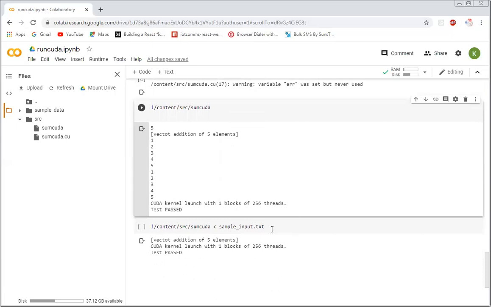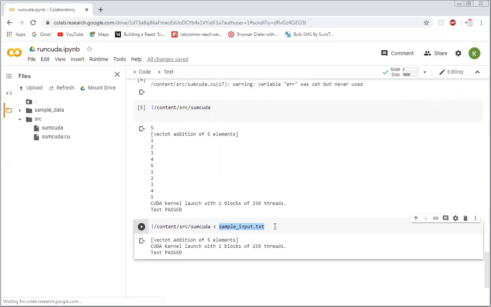I was showing you last time that you can use a file also. I created a file, sample input dot txt. If you want to store some values there, you can give it here. How can you do that? You just write these values there, save it as .txt, and use this symbol to give it as input.